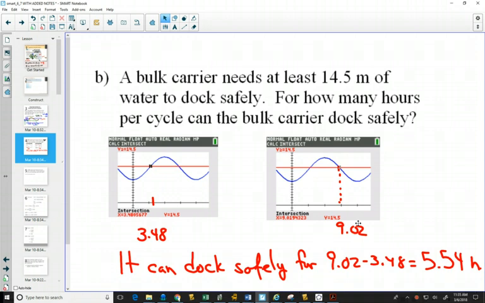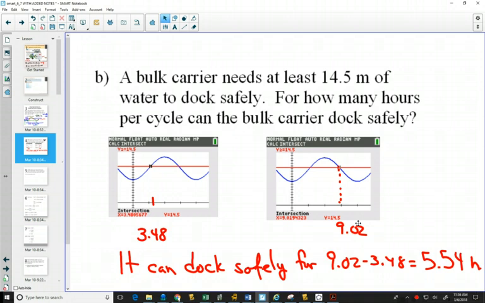So the graphing calculator is powerful because it can get us answers like this right away. Now I'm not going to get you to write this down, but I'm going to show it to you because often when you get to university with a question like this, they're going to expect you to solve it algebraically with only a scientific calculator and not a graphing calculator. So you won't have this ability just to graph both, find the intersection, and say what it is. But you do have the skills already to figure this out.